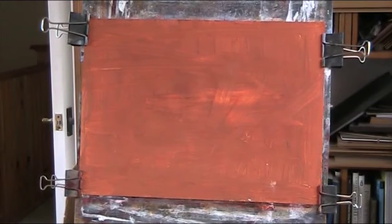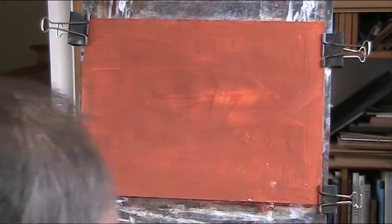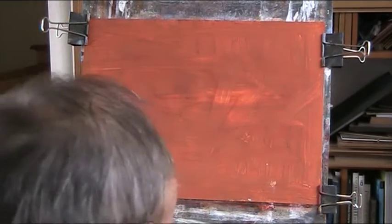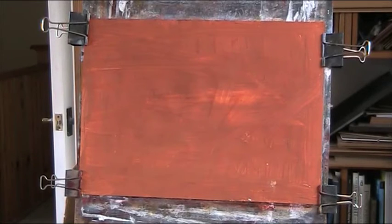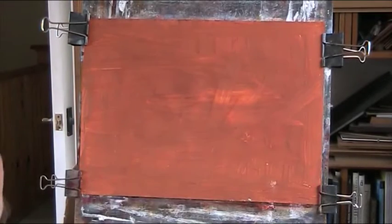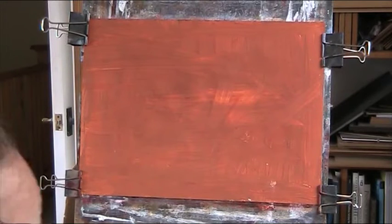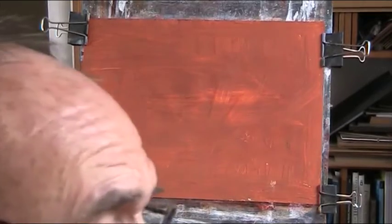Now, good idea for me about using a glass palette. Well, I do have a glass palette which I used to use for oils, but because the acrylic dries so fast, when it's out of this stay wet palette, I use this in preference. The only drawback with it is that it draws water up all the time, and one or two of the weaker colours like the ultramarine and titanium white tend to get a bit weak, but it doesn't matter, as does the lemon yellow. Other colours like the viridian, the light red and the black dry quite quickly. So